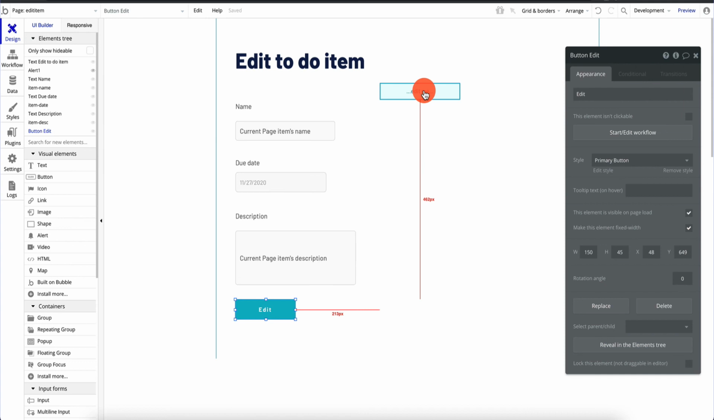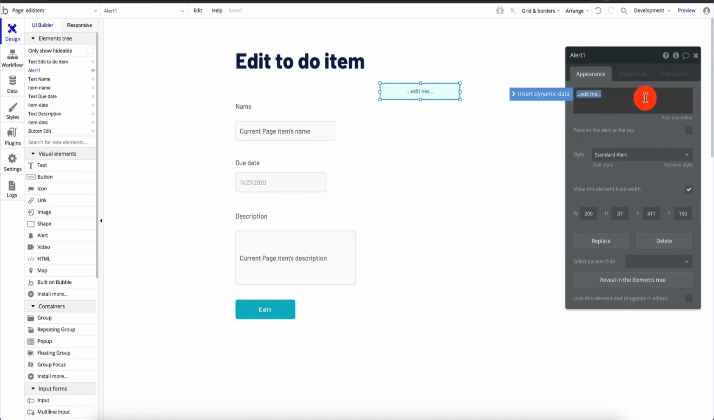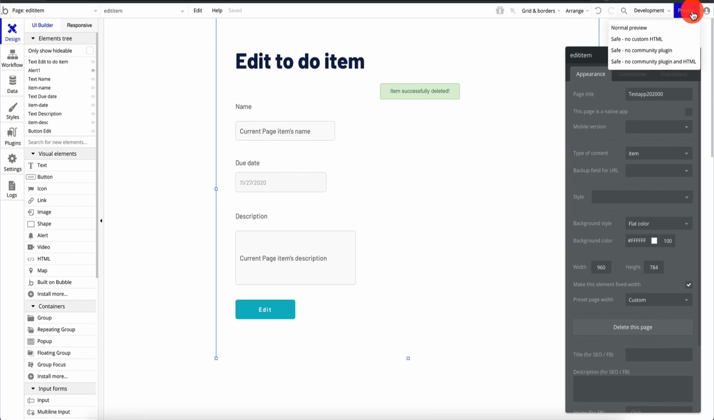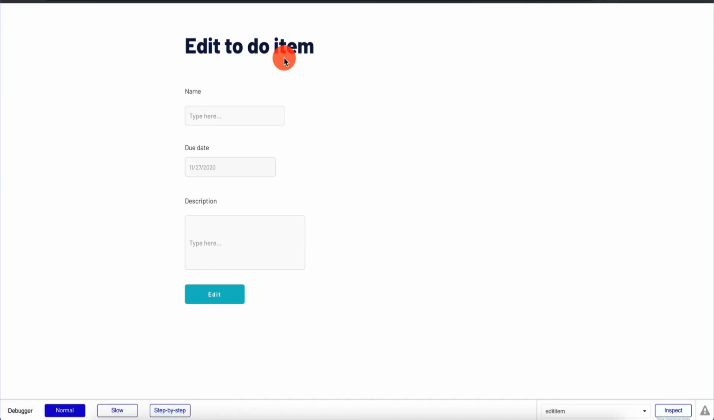We're going to go back to design. We're going to edit this alert, and then we're going to say item successfully deleted. Let's make sure we spell that, successfully deleted. And that's all we have to do. There's a standard alert, information alert, you have different alerts, success alert, so maybe a success alert, things like that. And so when we load it, it should not be displayed right now because we haven't executed